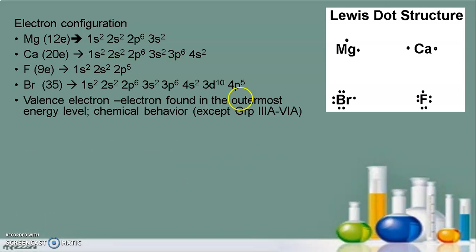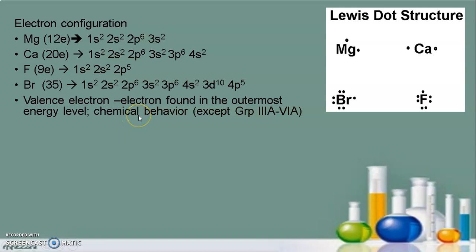You can confirm that by looking at the periodic table, just to confirm if it is correct. Now, the electrons that we were counting, or the electrons located in the highest principal quantum number, are also known as your valence electrons. A valence electron is an electron found in the outermost or highest energy level. The valence electrons of your elements will also group your elements according to their chemical behavior.